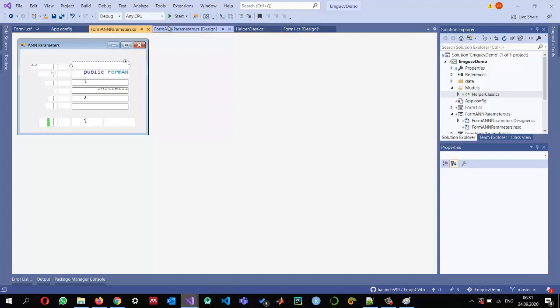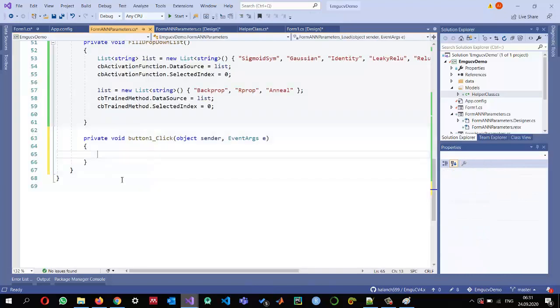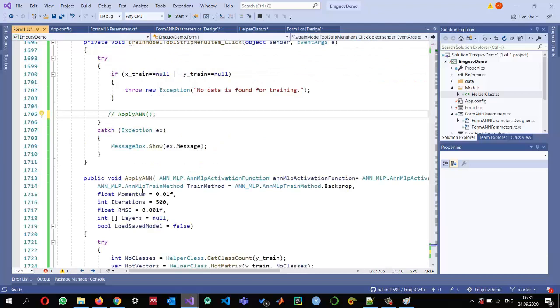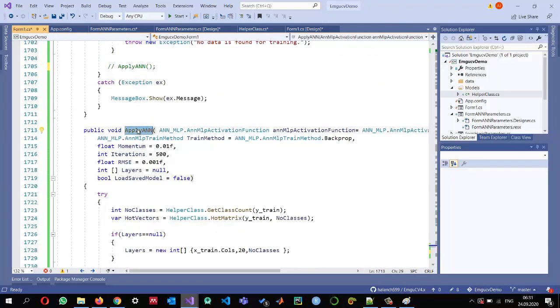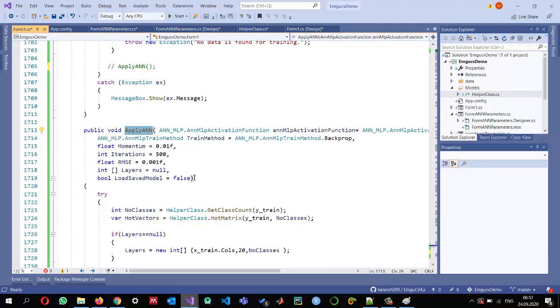Okay, so it will run and load these default values from our configuration file and then show us. And when we click on save, it should save in the configuration file. And of course, when we close it, it will close. And this is the most important. When we click on apply, this should be able to call this method. So to make it available on this form, I will use the delegates and the events. So let me copy this from here,